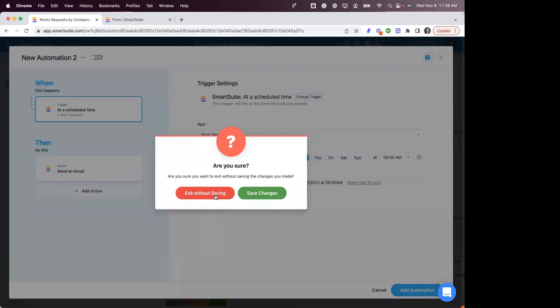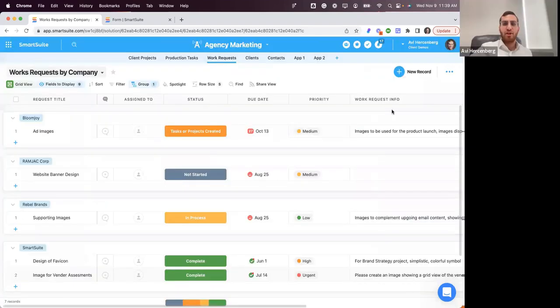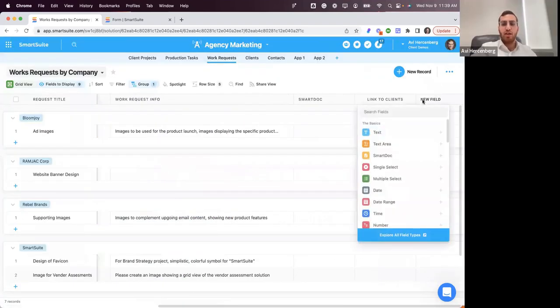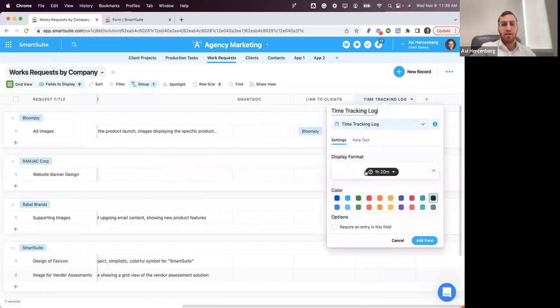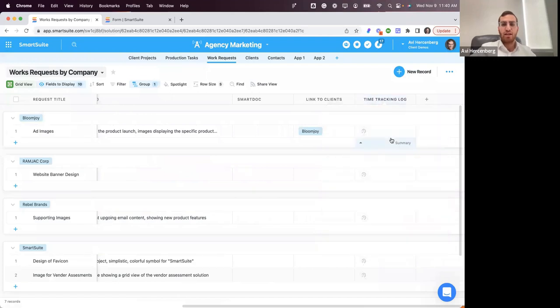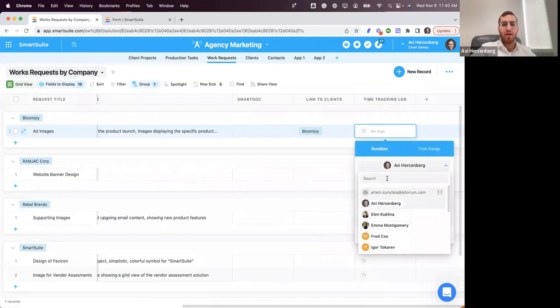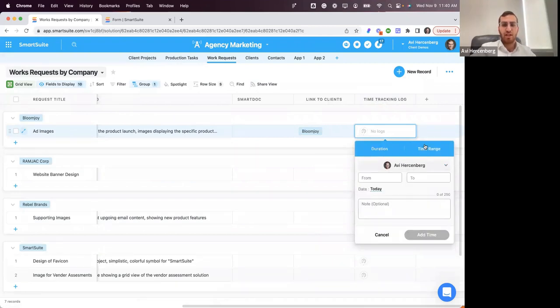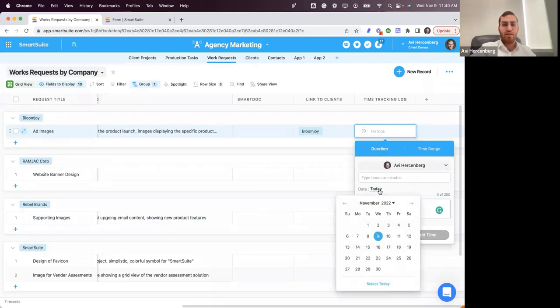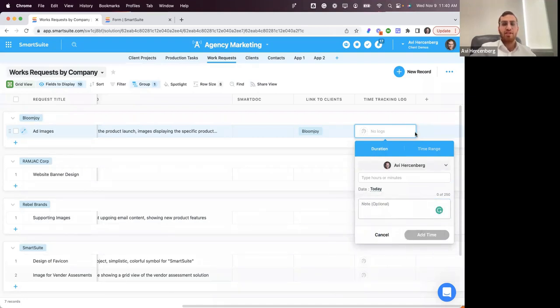Do you have internal time tracking? So we have a time tracking field, which is currently a time tracking log. And you can, again, control the display format and so on, control the color. And this allows members to come in and time track. You can time track for someone else if you want. You can track a duration or a time range, and you can add a note. You can say when this was tracked. And this is not a stopwatch timer format. However, that is actually being released in the next 2 weeks, a native time